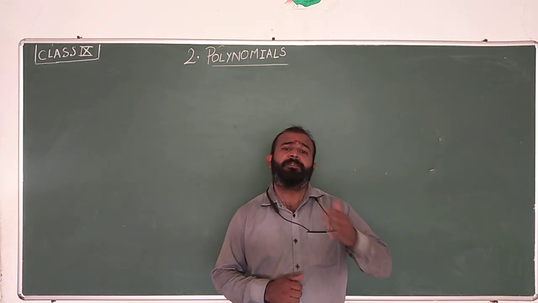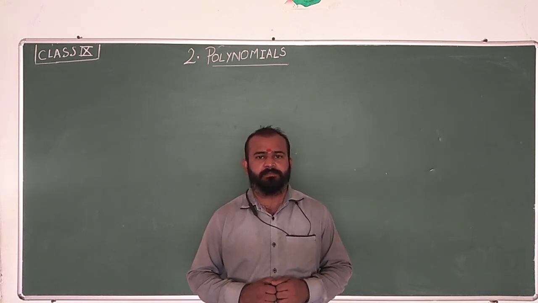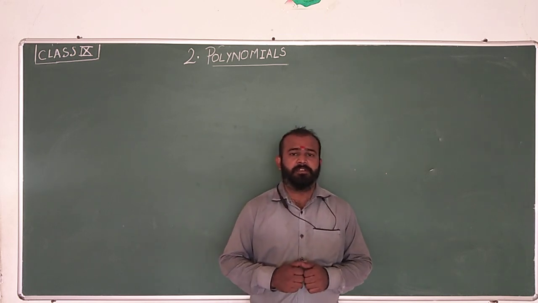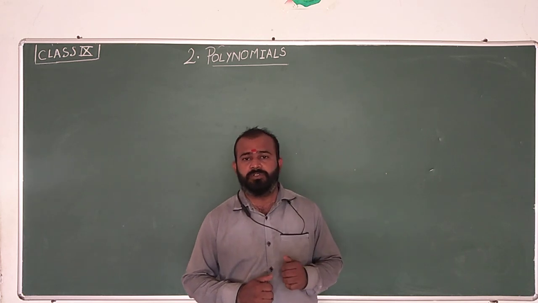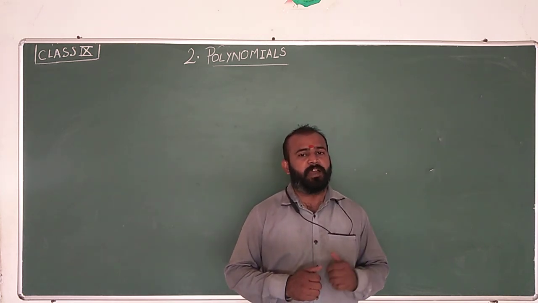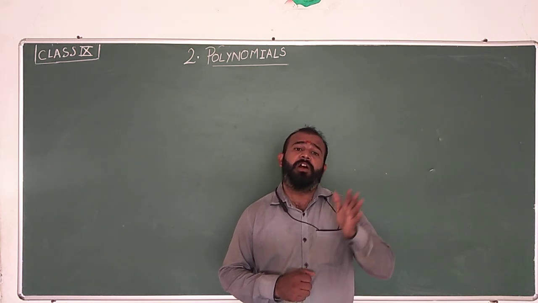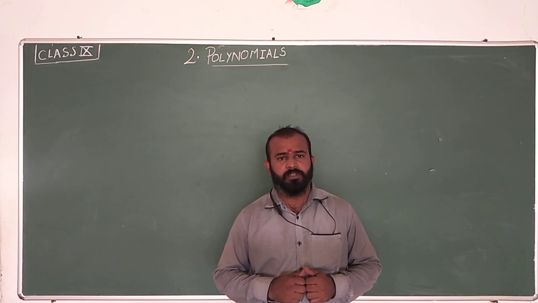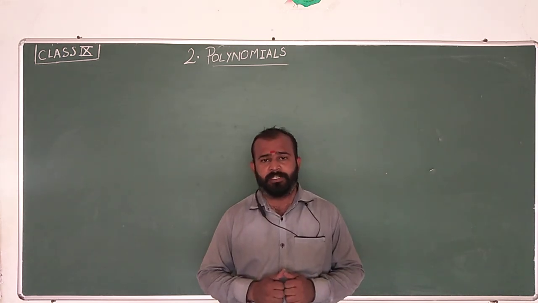So in simplification and factorization, you have used some identities. You have taken use of some identities, such as (a plus b) whole square, the binomial square, is equal to a square plus 2ab plus b square. Such properties you have seen. You have also seen multiplication and division. So these are all included here in the lesson polynomials.